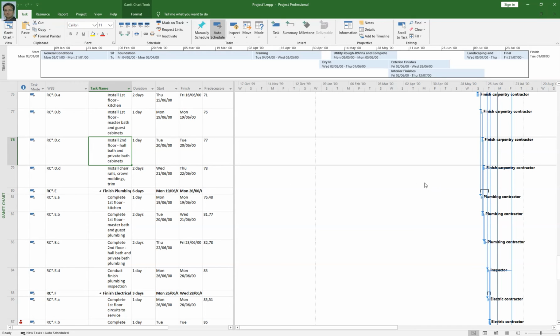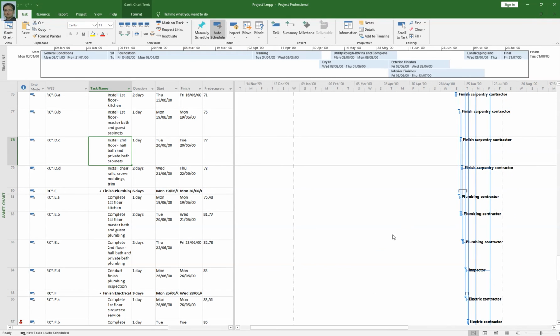Project offers a few features that can make your schedule easier to see. We are looking at the Gantt chart view. This area is a Gantt chart and this is a time scale. You can change the view of the time scale very easily.